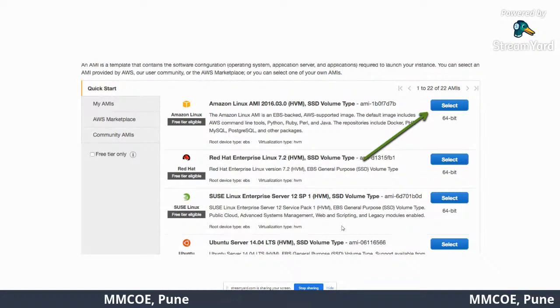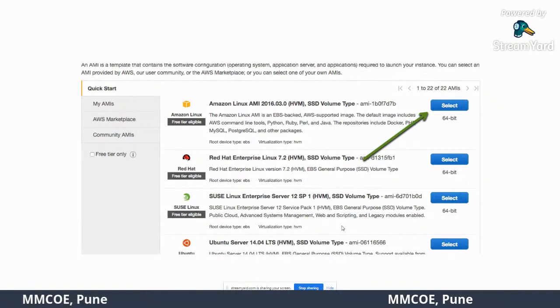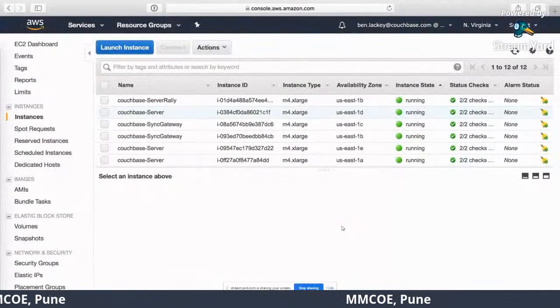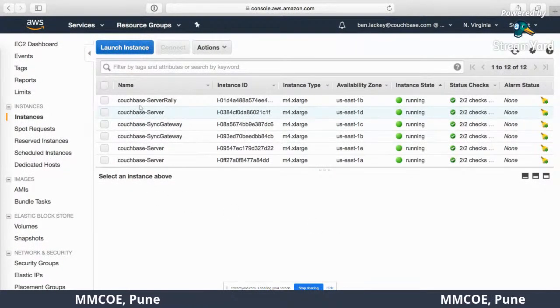Now, when you are making use of this Amazon service, you can select the operating system. You can see here Amazon Linux, Red Hat Linux, SUSE Linux, Ubuntu. So you can select the OS you need, and these are the instances when you create them.